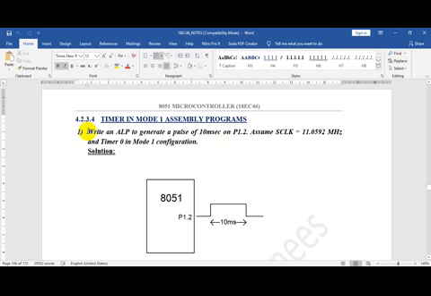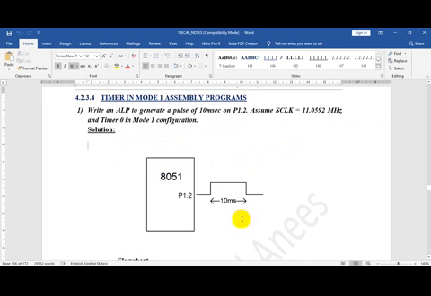The question is: write an ALP to generate a pulse of 10 milliseconds. You have to only generate a pulse and it is on P1. Assume system clock of 11.0592 megahertz and timer 0 in mode 1 configuration. So this is the diagram. We have to generate a pulse.